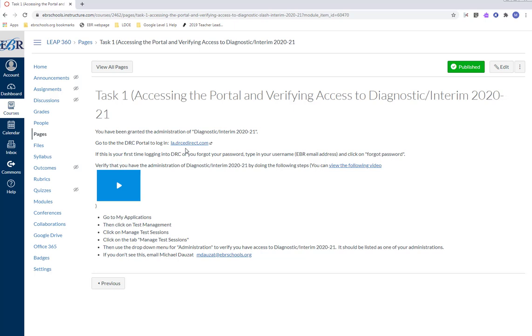la.drcedirect.com. Now be careful because there is an E in there. Many people forget about the E. They just say DRC Direct. It's supposed to be drcedirect.com. Alright, and if this is your first time logging into DRC or you forgot your password, when you click